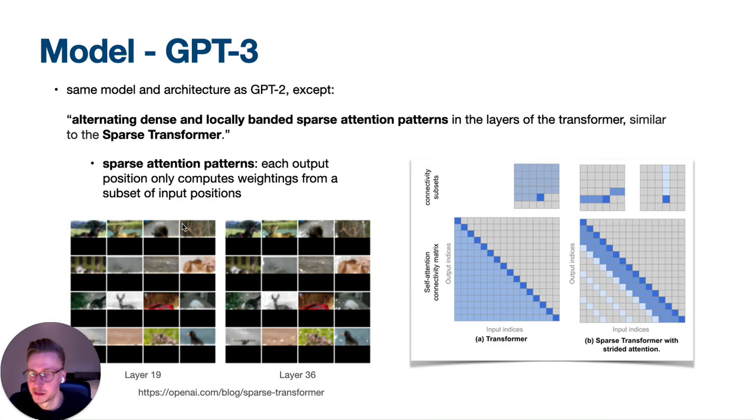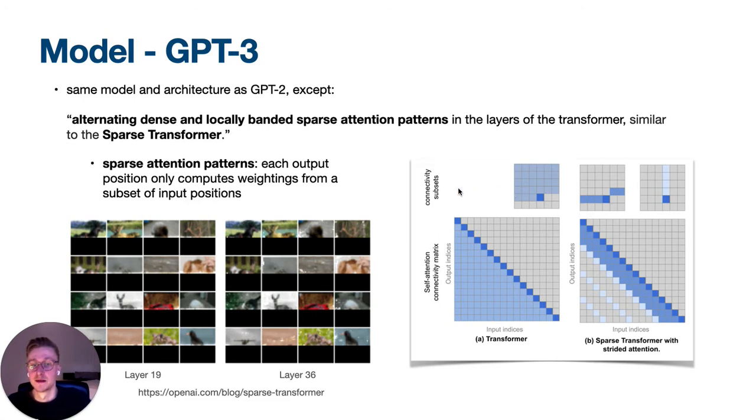Next up, we have the GPT-3 architecture. So the model, data and training is super similar to the GPT-2 model, just with a scaled up model size, dataset size, and length of training. So it has the same model and architecture as GPT-2. The only difference they make, and that's the only sentence they say to it in the paper, it has alternating dense and locally banded sparse attention patterns in the layers of the transformer, similar to the sparse transformer. And this obviously raises the question, what is a sparse transformer? And they didn't explain that at all in the paper, so I will try to do that now.